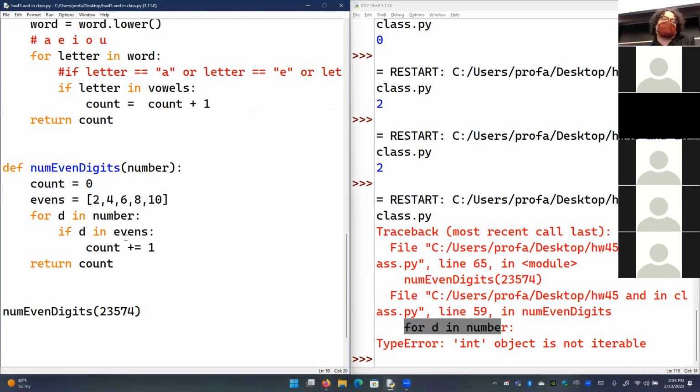So what we do instead, if you want to do it this way, is we need to make two changes. I'll make one first, which is if I want to iterate over this digit like you think you should,